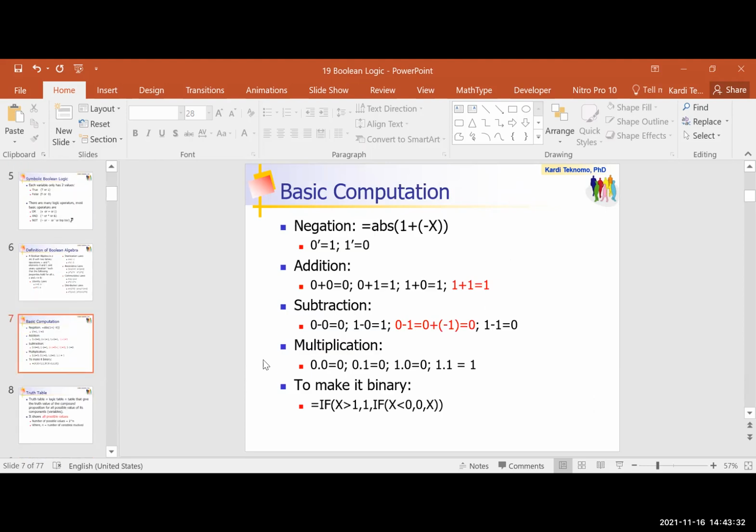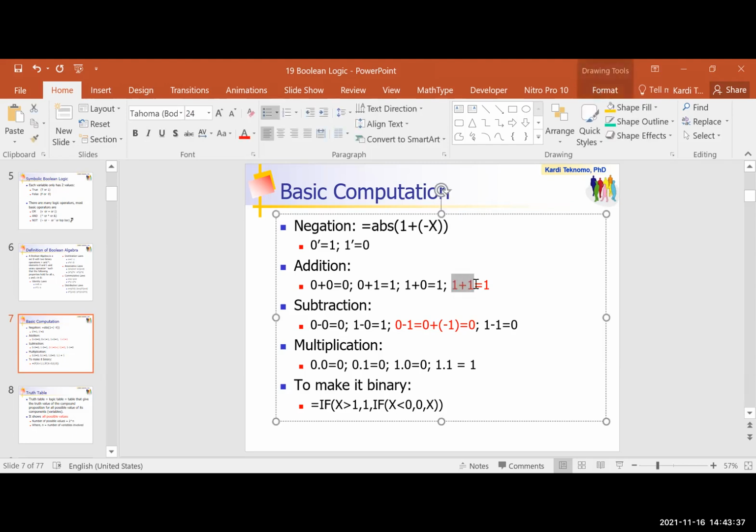So the thing that makes it different is this. 1 plus 1, meaning true plus true, is still true, right? What is the meaning of 1 plus 1? 1 plus 1 is true or true. Of course, it's true. So subtraction is actually this: 0 minus 1. What is the meaning in logic? 0 is false, okay? Minus is not, right? 1 is true. So false,